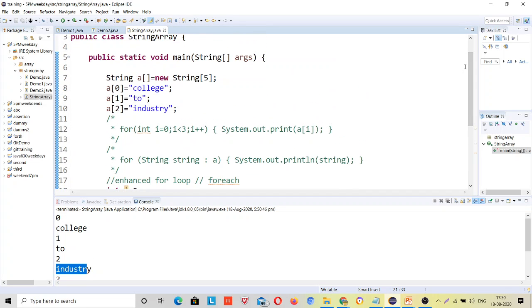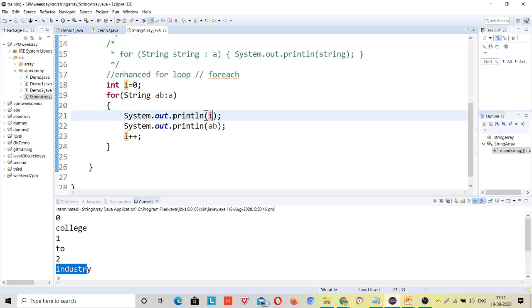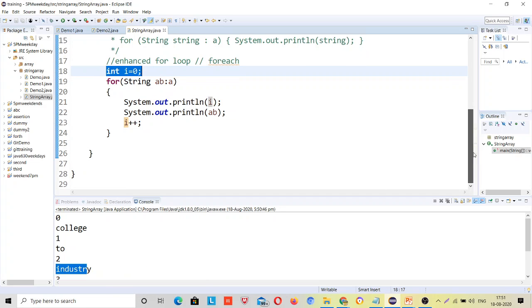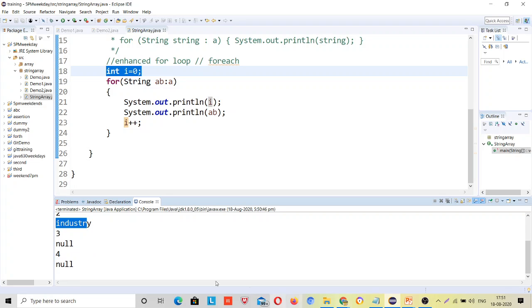But this is just a technique to do that. Whether it has some methods, I don't know. I will explore it, but this is the way you can do it. Third was null and fourth was also null. This was also printed.